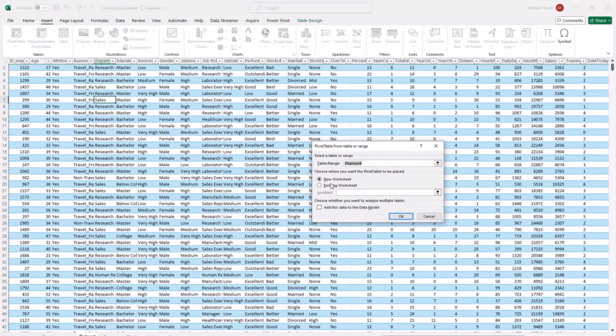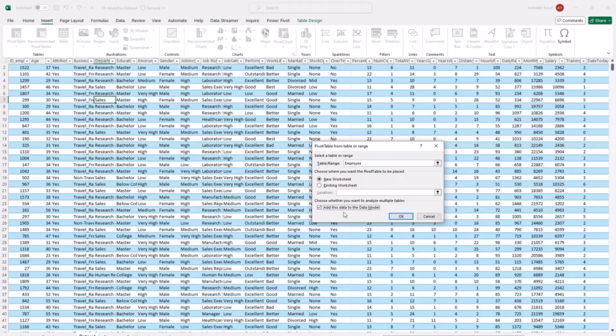Now, one thing I'm going to add to be able to add the calculations to this pivot table is this option you can see below, add this data to the data model. Let's say, for example, you have 2 or 3 tables. Data model can help you connect all these tables together and see how they work well. If you really don't know what data model means or you want to learn more about it, I will advise you learn more in Power BI, because you can do a lot of data model in Power BI as well. I have some videos on my channel that can teach you how to build a data model.